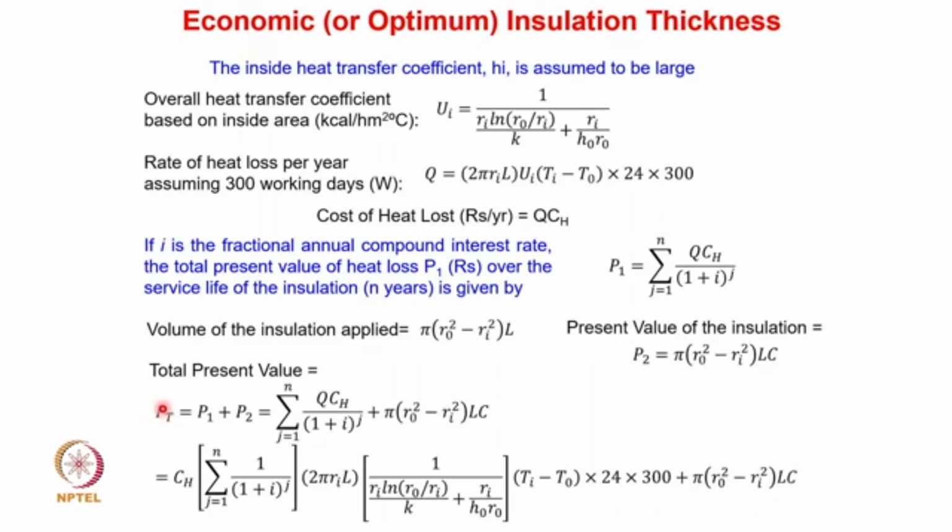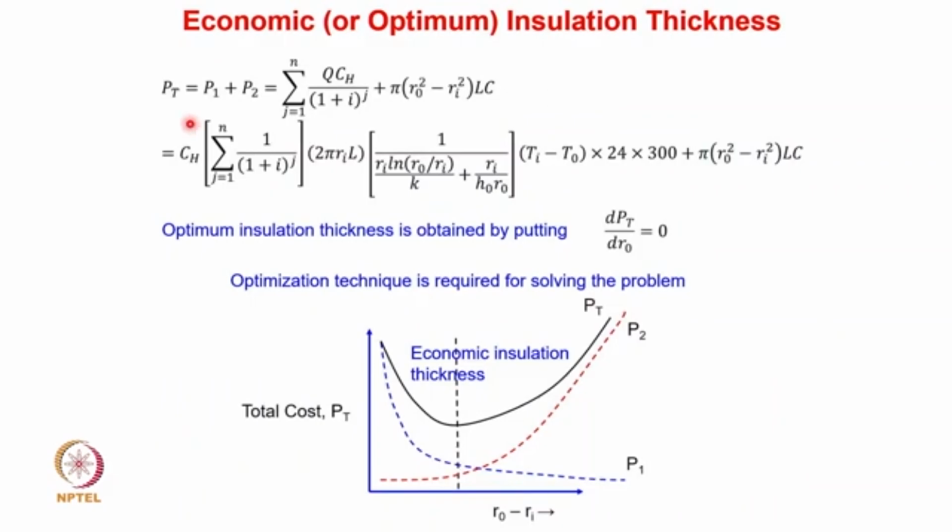Now this is the entire equation which we have obtained, and we wanted to find out the optimum value of Pt. We wanted to find out the minimum value of Pt, and we are interested in finding out what value of the insulation thickness is going to give us the minimum value of Pt. You can see that in this particular equation Ri is fixed, whereas Ro is a variable. So we can differentiate this equation with respect to Ro and equate that to 0, and it is going to give us the optimum value of Ro, and the optimum value of Ro minus Ri is going to give us the optimum value of the insulation thickness which is required for